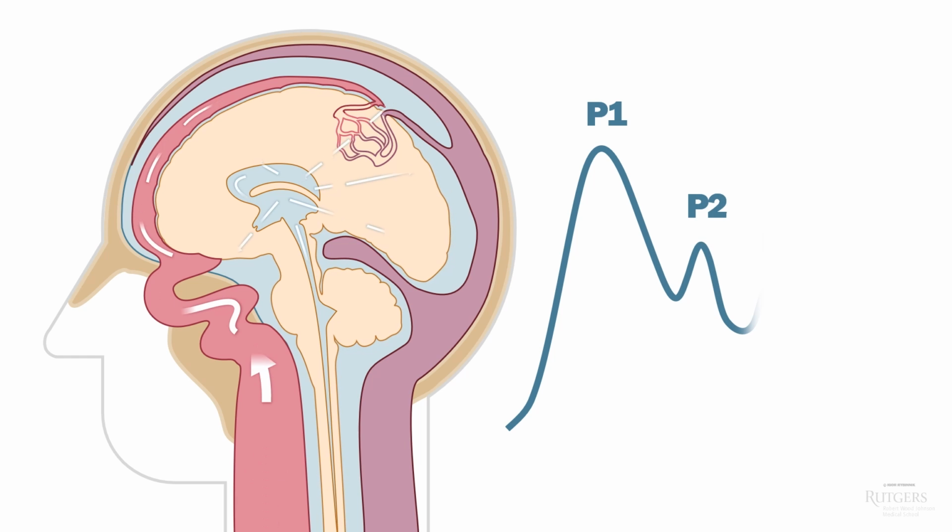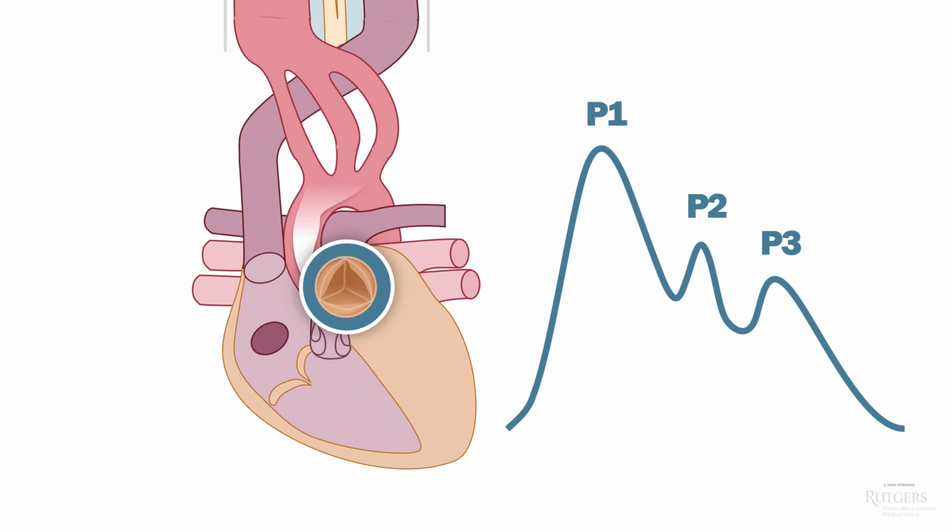P2, or tidal wave, is related to the increase in cerebral blood volume and the rebound of the blood pressure wave in the cerebral parenchyma. Basically, P2 reflects the elasticity or compliance of intracranial structures. The lower the compliance, that is, the stiffer the structures of the intracranial compartment are, the higher the rebound of pressure, and the higher the peak. P3, or dicrotic wave, may represent the aortic valve closure. It's basically synchronous with venous blood outflow.